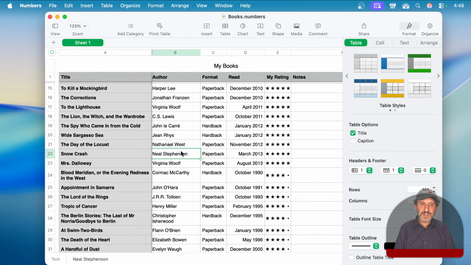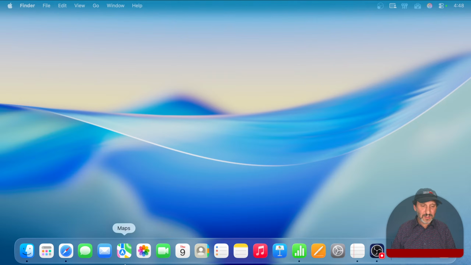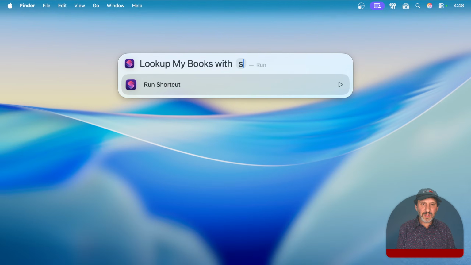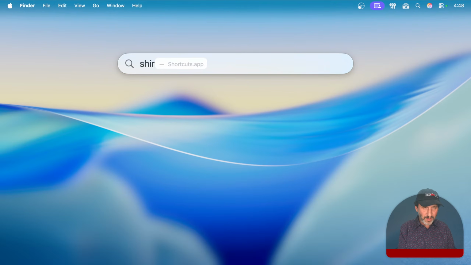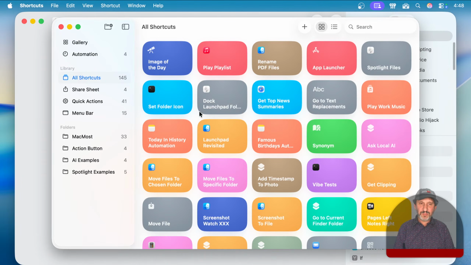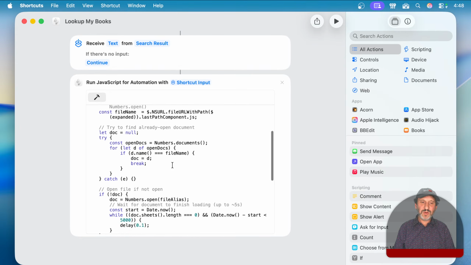So, you can see it's getting stuff from the author column and the format column there, but it could have done other stuff. It's just an example. And it's an example of using some really complex stuff. Because I realized I was showing you some simple stuff before, but I want to just show you that it can be done with some really complex stuff here, like this script